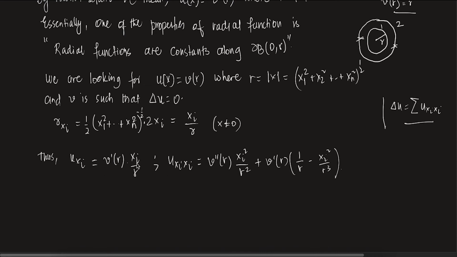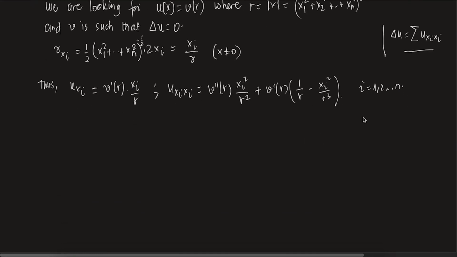You do realize that first of all, it will be 1 by r. V prime is common, 1 by r. The differentiation of xi with respect to xi is 1. So this is why 1 by r minus. Again, you keep this thing and differentiate 1 by r. If you differentiate 1 by r, it is minus 1 by r square, and after that r xi, xi by r. So this is minus xi square by r cube. Clear? So this holds for i equals 1 to n, for any i equals 1 to n. I hope this is very clear here. This is just chain rule, nothing else. So by chain rule.